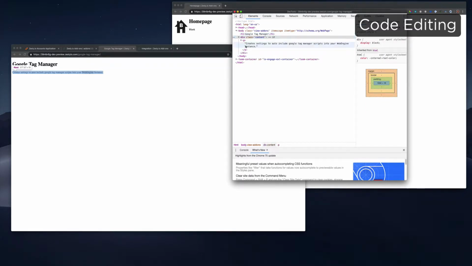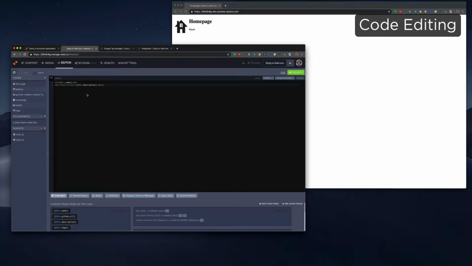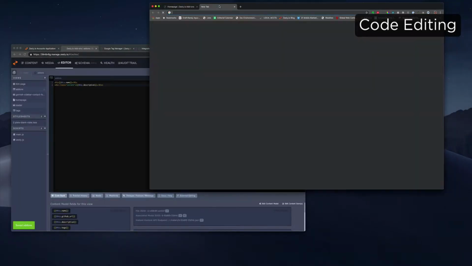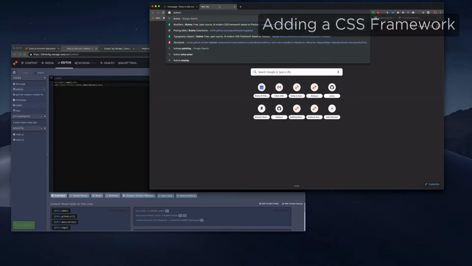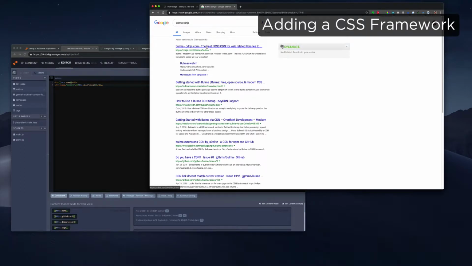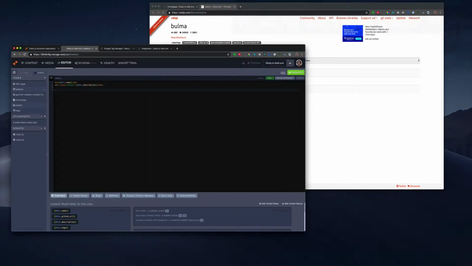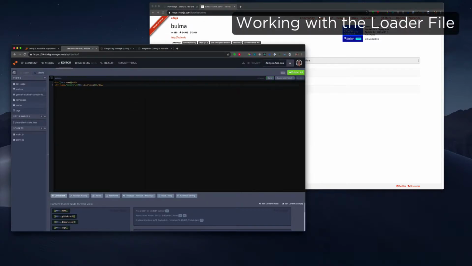Cool. Alright, so I'm going to use a framework called Bulma, and I'll just go CDN.js for it. I'll kind of include this the quick way. So we got the min CSS. I'm going to end up wanting to do this a little bit different later, but let's just do this for the time being. So inside the editor, we have loader, and this loader file is special. It's the first file that loads every time a content item's accessed. So when I'm accessing Google Tag Manager here,